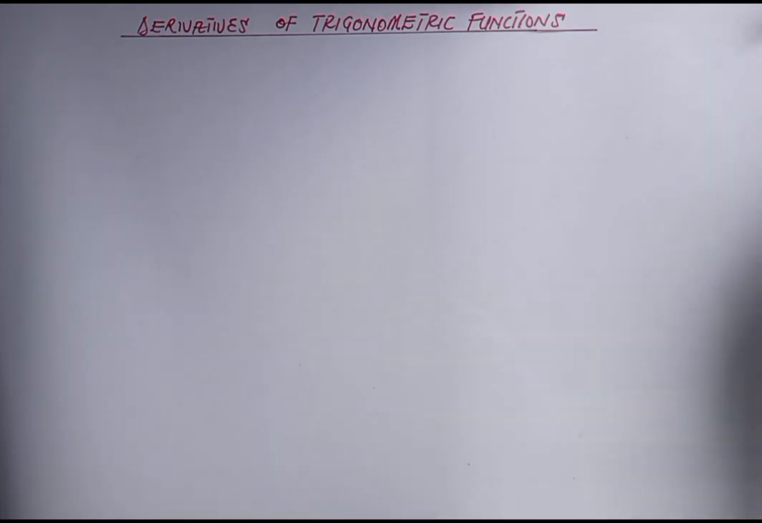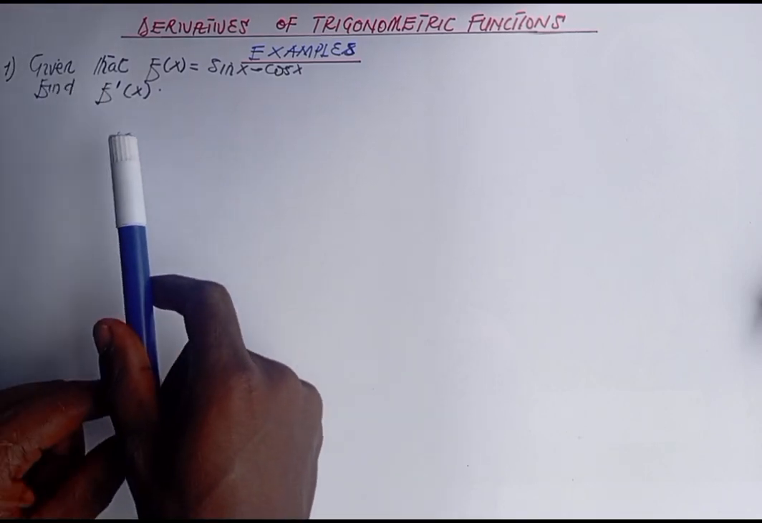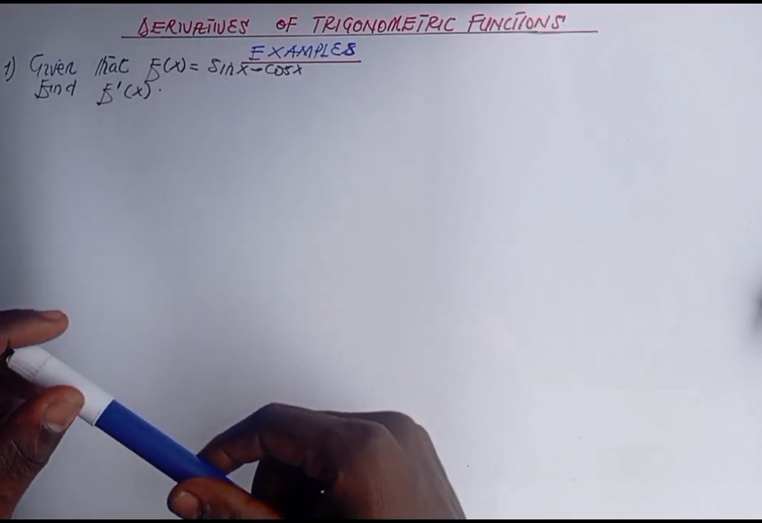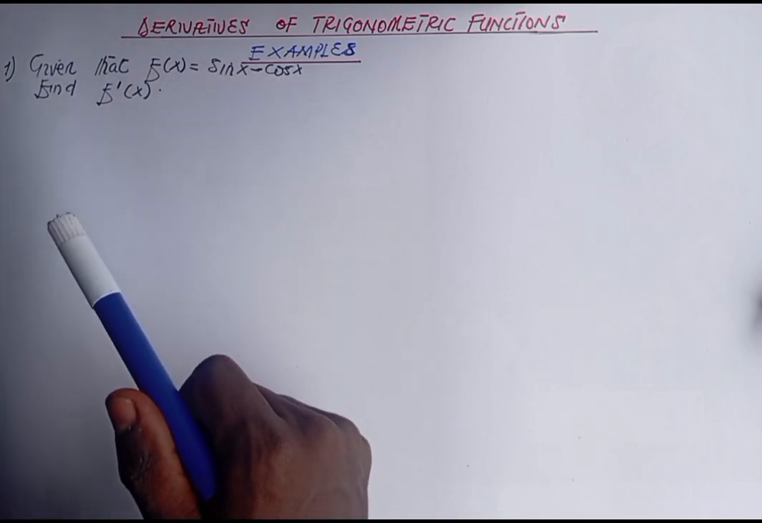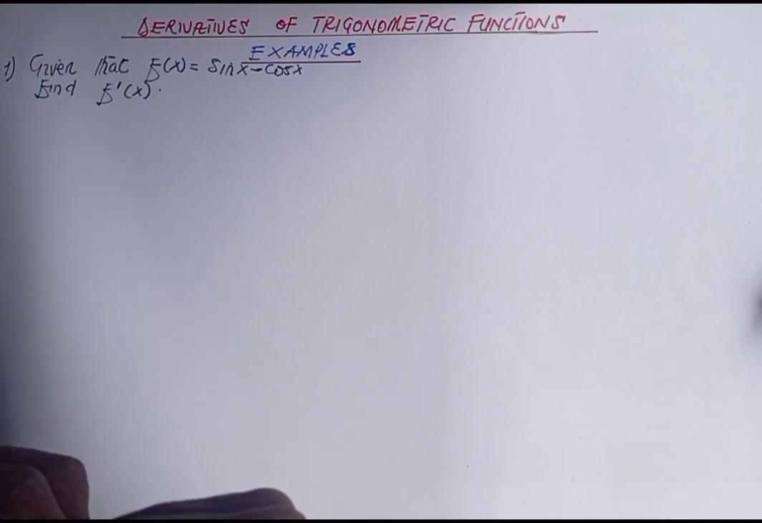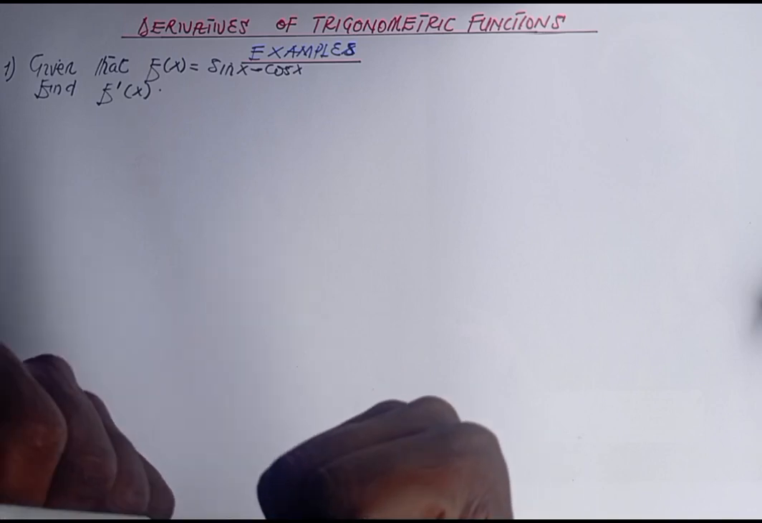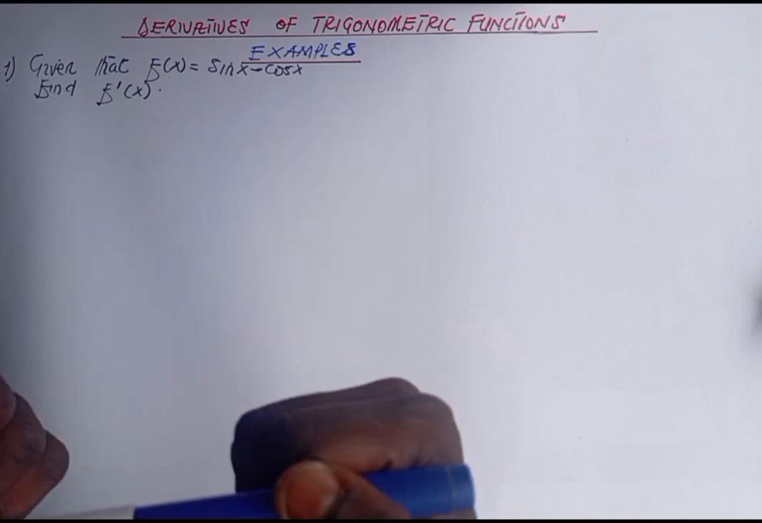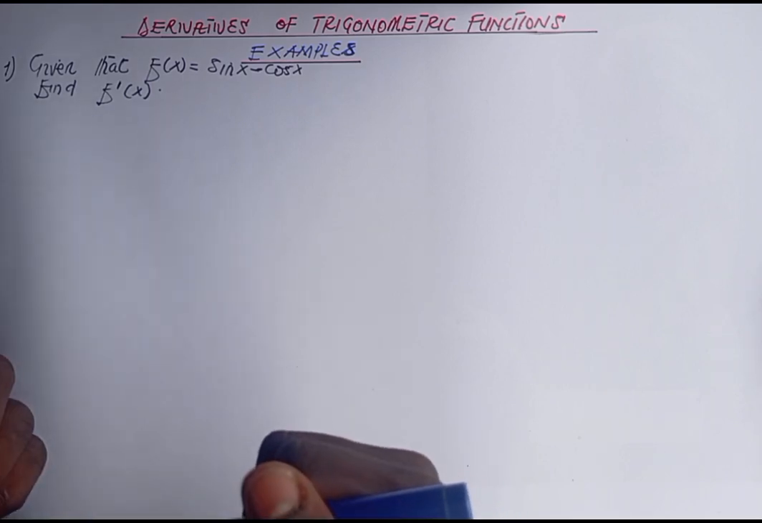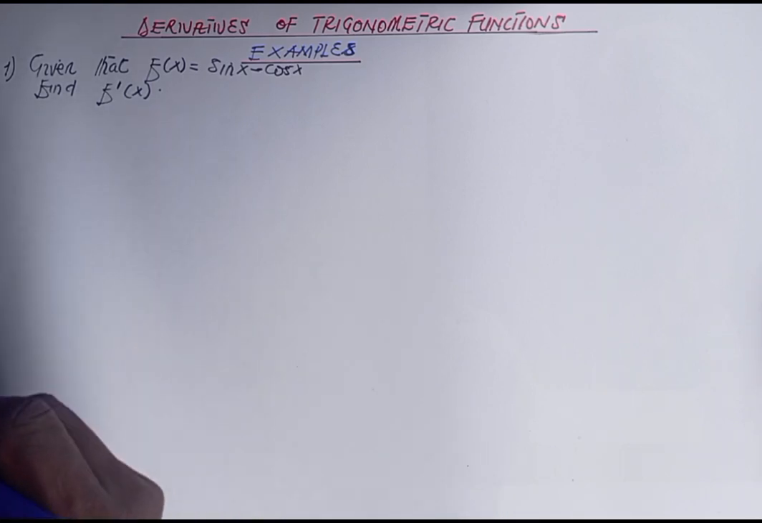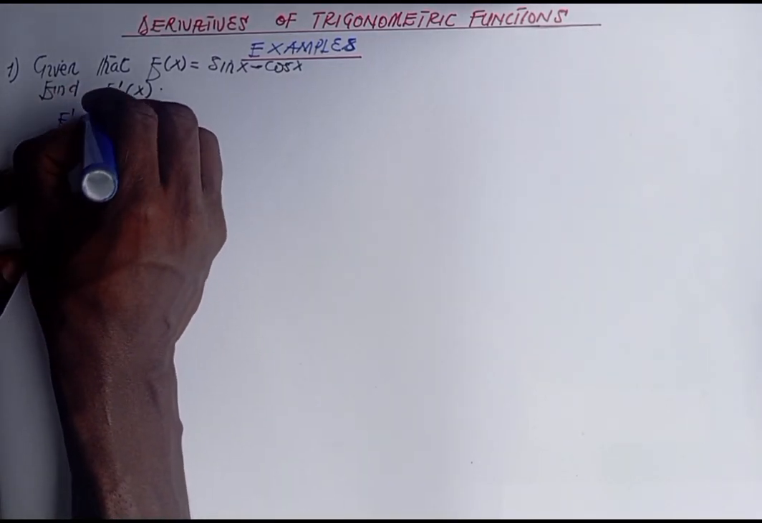So let's take our first example. Given that f at x is equal to sine x minus cos x, we have to find the derivative of this function. But you know one thing about derivatives of trig functions, we don't do a whole lot of algebra. We just apply the formulas for the trig functions and then we substitute them back and then we are good to go. So with this one, we just start by writing that our derivative f prime at x